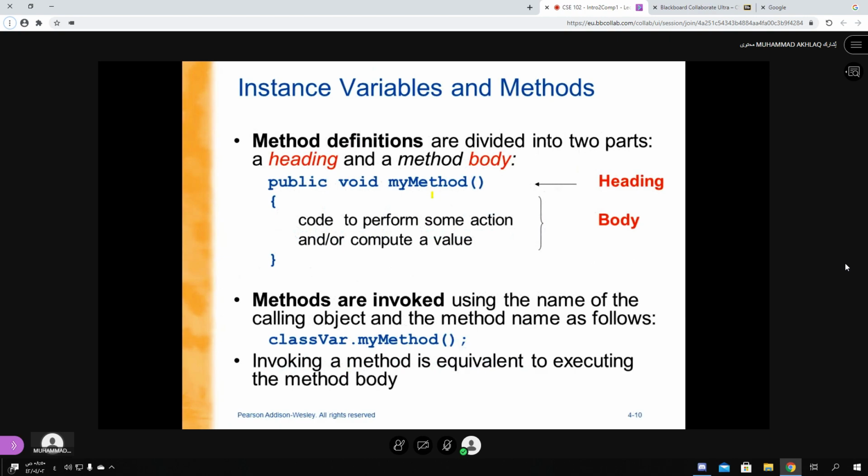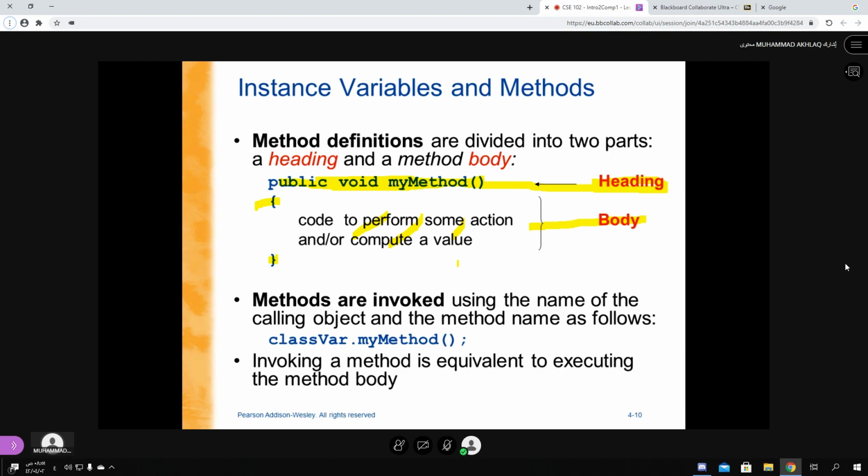In this method, for example, public void my method, then you have curly brackets and here are some statements. This one line is basically the heading of the method, and between these curly brackets is the body.